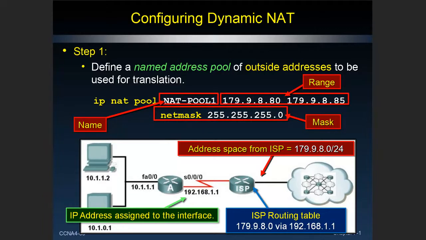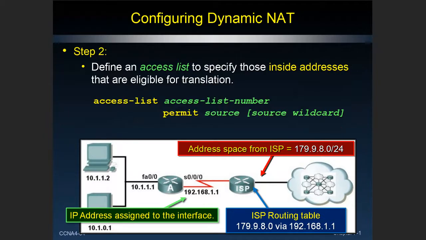So here's an actual example. We've created the IP NAT pool, and it's called NAT pool, all capital letters. That's good practice. The range of addresses we got from our ISP is from 80 to 85. It looks like we have 6 static addresses that have been given to us by our internet service provider, and it's a /24 subnet mask. And that defines the pool of addresses to be translated. Now, we're not done yet. We have to define an access control list to define which addresses get translated, and we have to assign the inside and outside ports on our router.